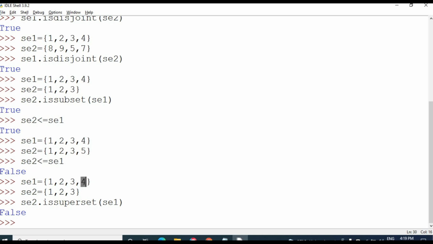Here 1 2 3 are available in set 2, but 4 is not there, so it returns false. All the elements of the other set should be available in the first set. If any one element is missing, it returns false.